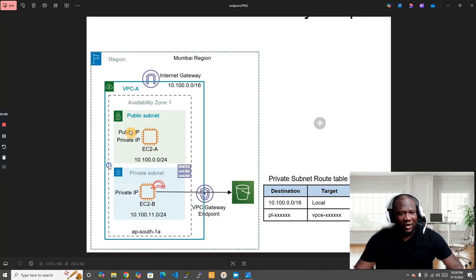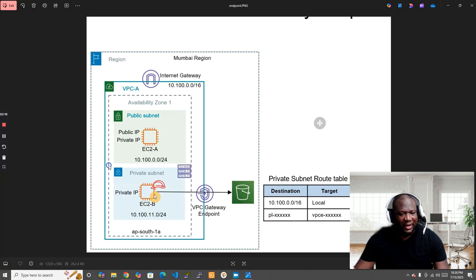I have created the subnets and the internet gateway so that it's going to connect to the internet. I've also created route tables for both the private and the public IP addresses, and also created a public